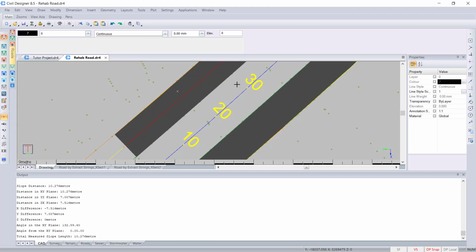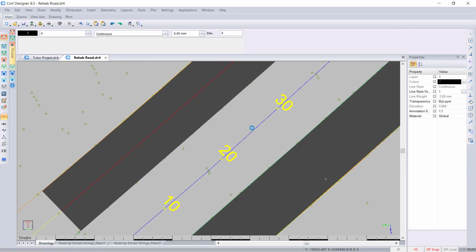And I'll measure from here to about here. And that's 10.5. So we'll go from here to here just to double check. That's 7. And that's 11. Okay, so we can then go back to